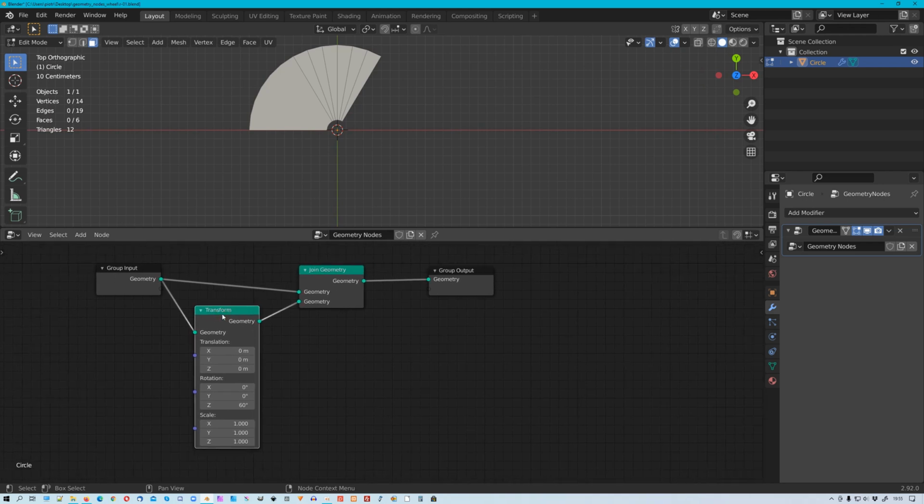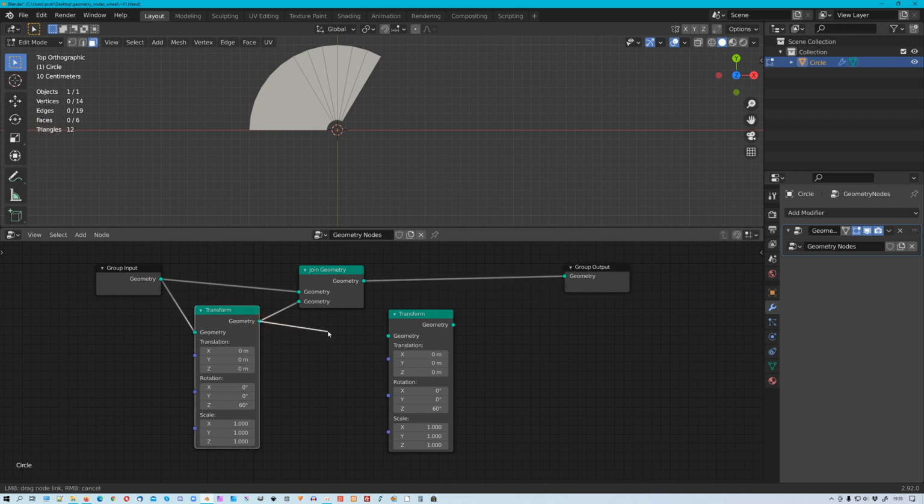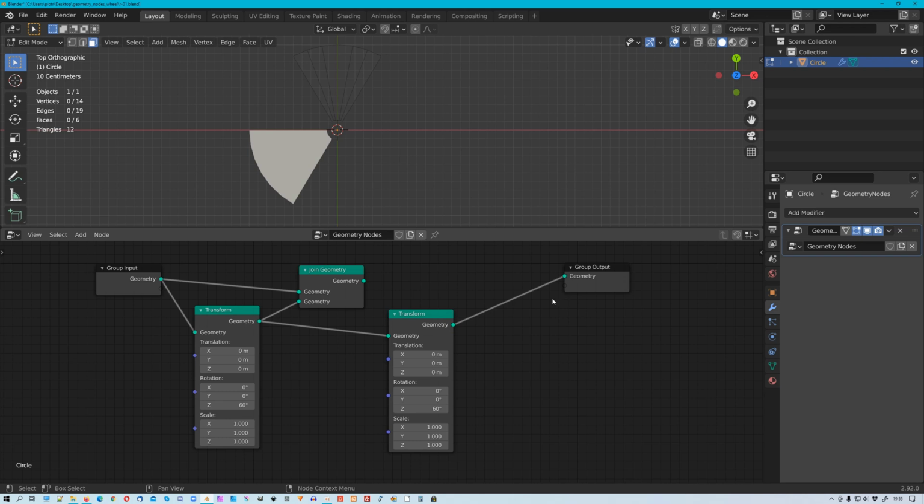So Shift D, transform, connect duplicated geometry to transform and to output. Now combine everything, so Shift D,